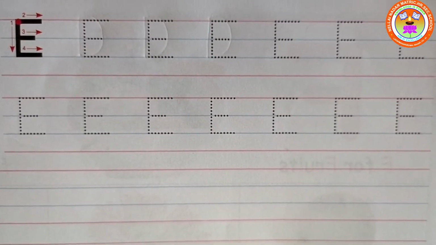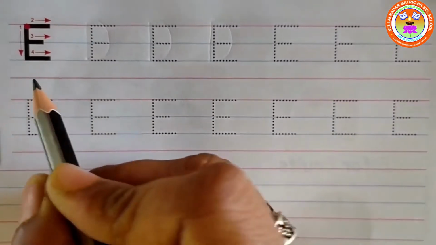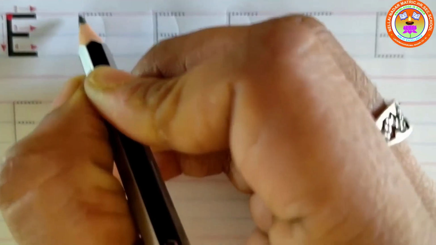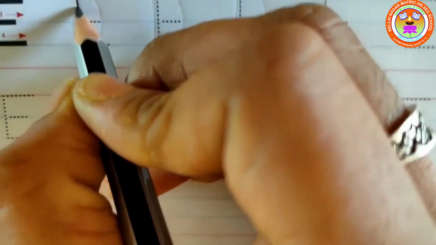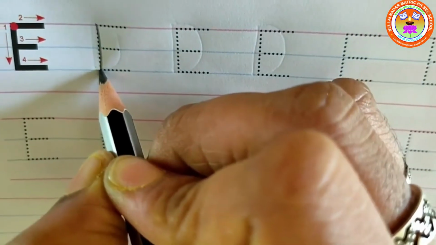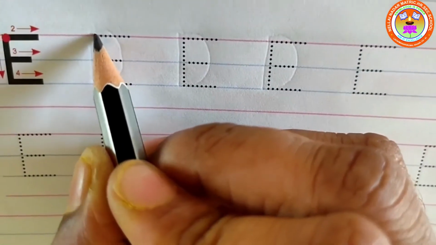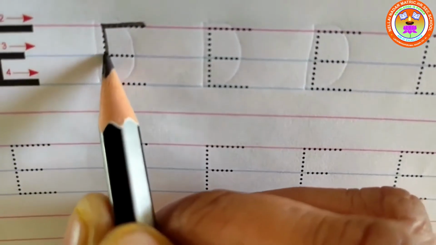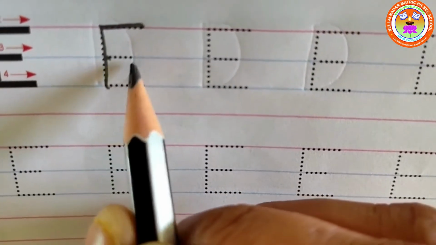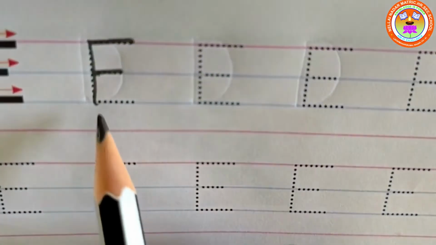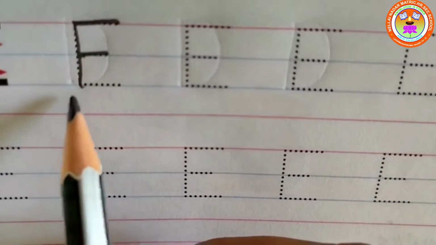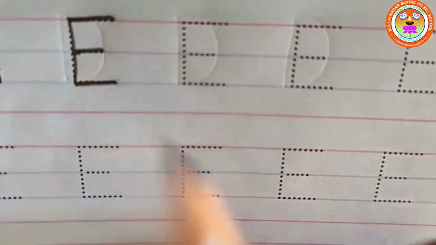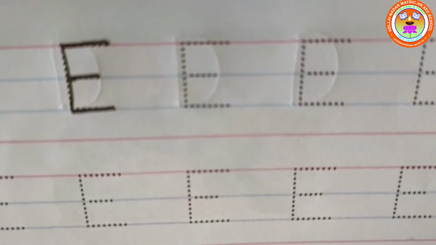Now for writing capital letter E, we are going to write in the 4 lines, students. This is capital letter E. Okay. See here. Touch on the first red line and then put one standing line. You have to stop it on the second blue line. And then again you have to touch at the top of the standing line and put one sleeping line in the first red line, and then put another sleeping line in the first blue line. The sleeping line should be small. Okay, children, and then again in the second blue line you have to touch on the standing line like this and then put another sleeping line on the second blue line. This is capital letter E.